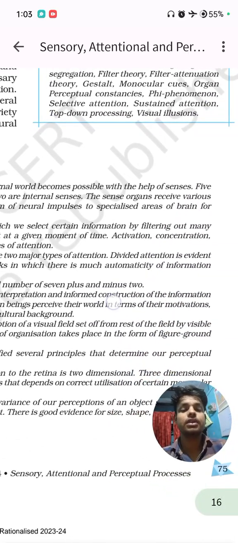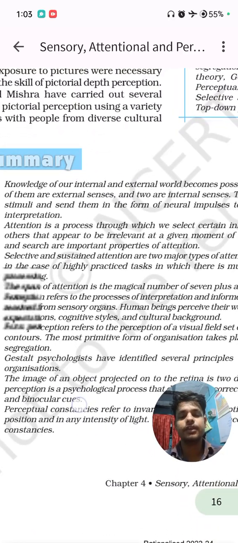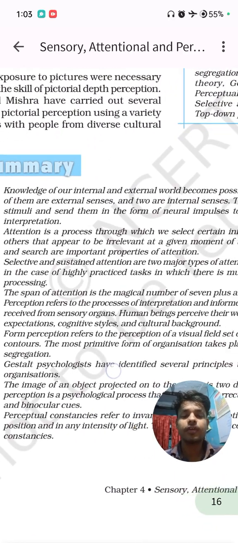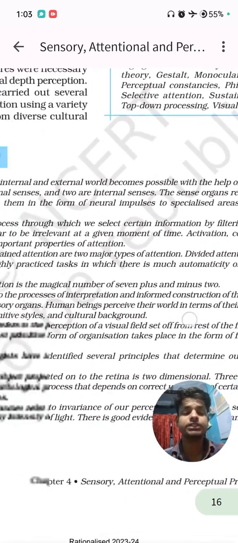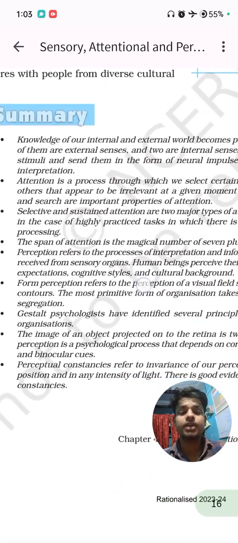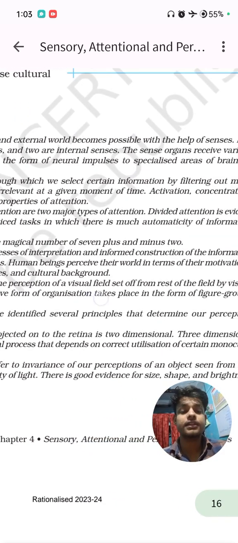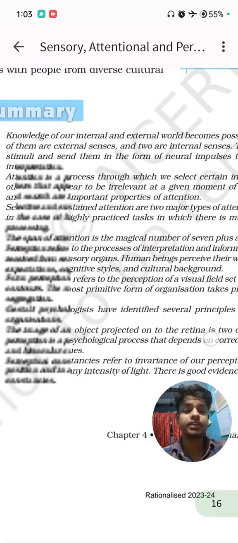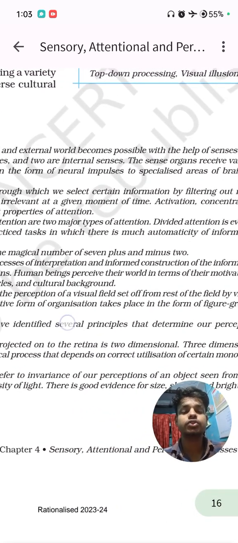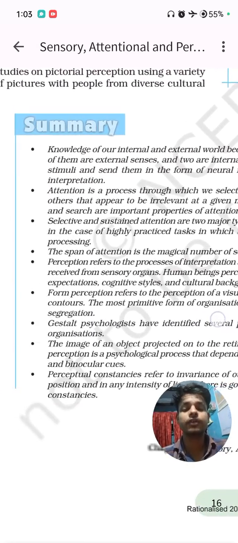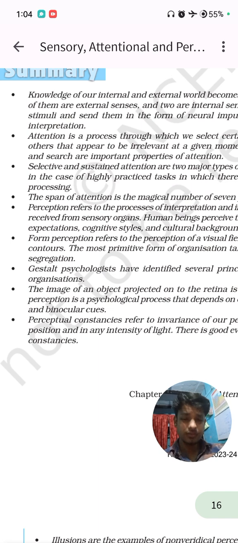Summary. First, the knowledge of our internal and external world becomes possible with the help of senses. Five of them are external senses and two are internal senses. The sense organs receive various stimuli and send them in the form of neural impulses to specific areas of the brain for interpretation. Attention is the process